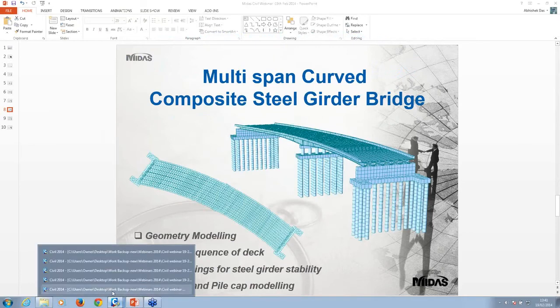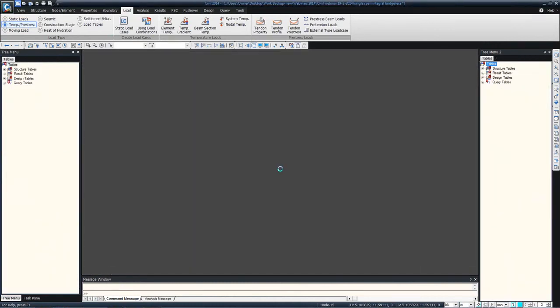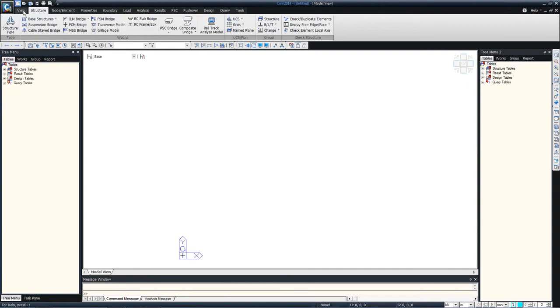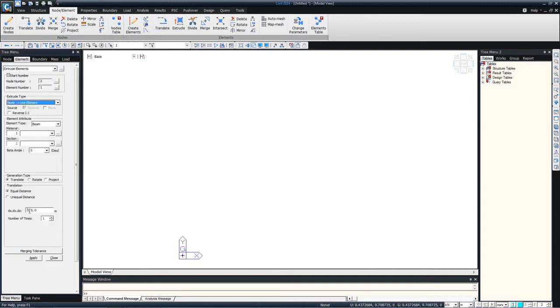So I'll go to the software now. Okay, and look at the modeling part. So how to model a curved bridge from scratch. So create a node again, apply, select this node, and this is going to be the center of the curvature. So this is center, and go to extrude. In the X direction,